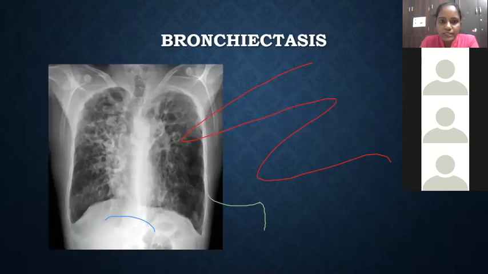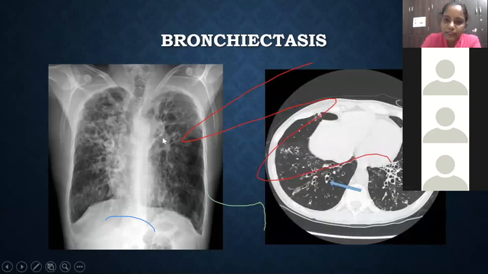So this is a bronchiectatic picture. There are some four types of bronchiectasis, where there may be cystic bronchiectasis, varicose bronchiectasis, and in cystic bronchiectasis, we may be able to see air fluid levels, which may not be well appreciated in the X-ray film, but will be clearly seen in the CT picture. So HRCT may be the diagnosis in bronchiectasis, but an X-ray might give a clue because of the thickened bronchial walls, which may give a tram-line appearance.